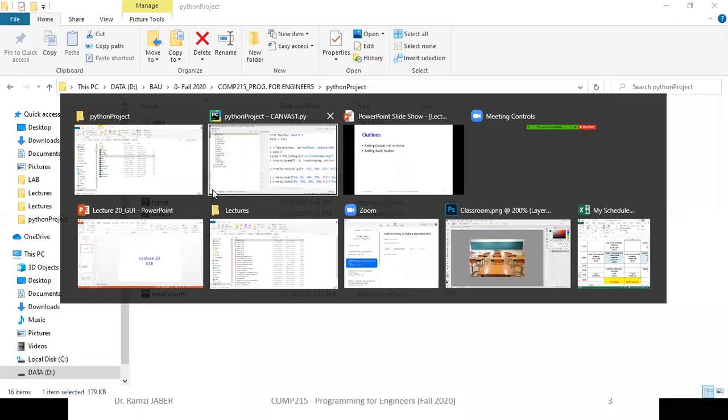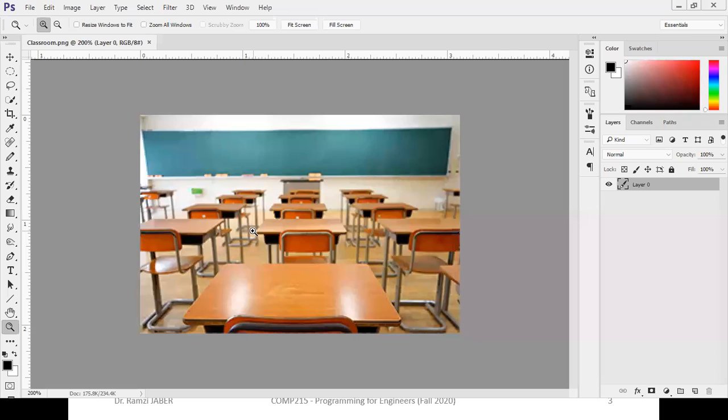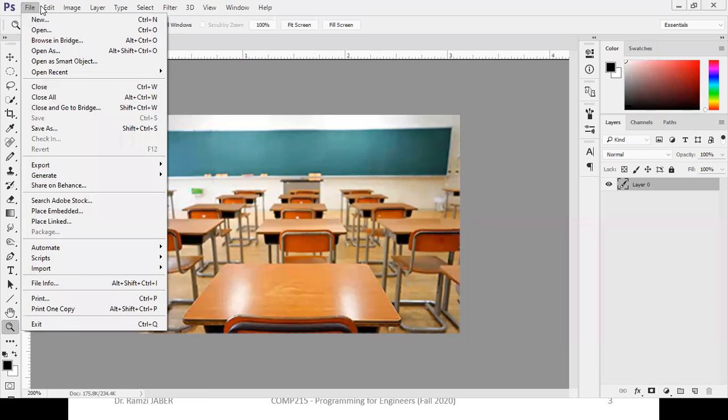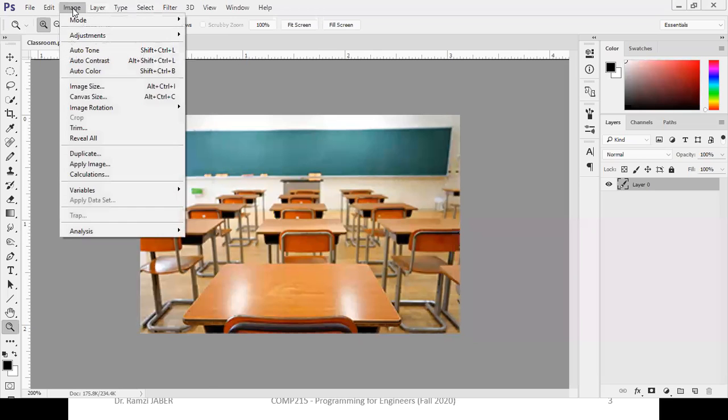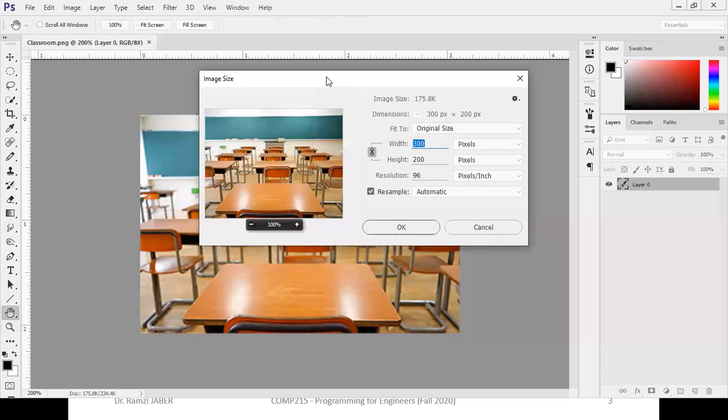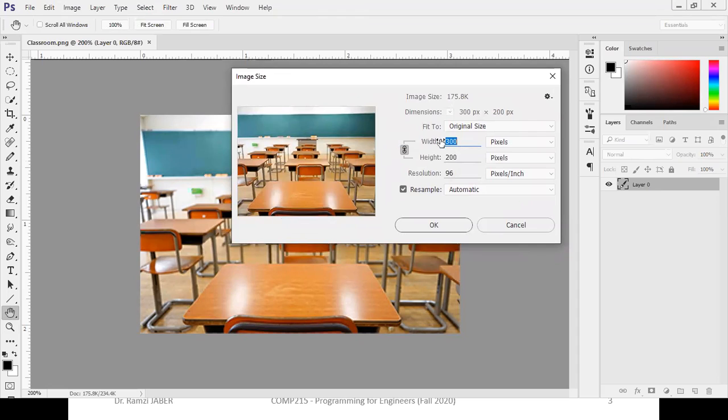I will open Photoshop here. This is the image that I will use in this lecture. You can open it in any editor, but I like Photoshop. Inside Photoshop, we can select our size in pixels for this image. I want this image to be 300 pixels times 200 pixels. So using Photoshop, you can resize your image or pictures in pixels as you want to put it